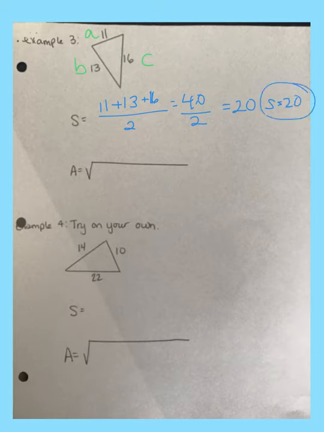Okay, so we're going to put that into the formula. 20 times 20 minus our A, which is 11,